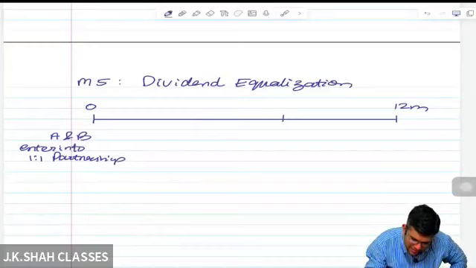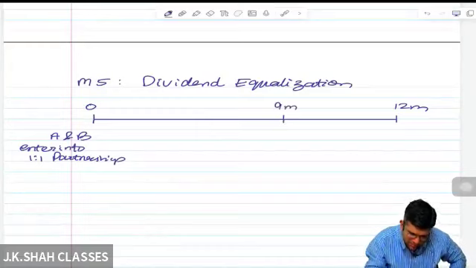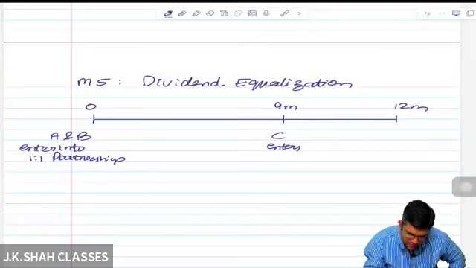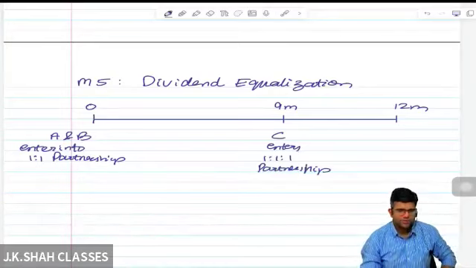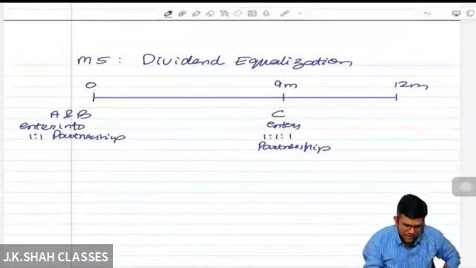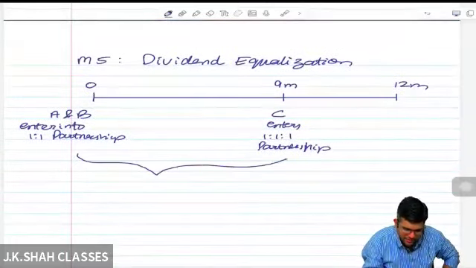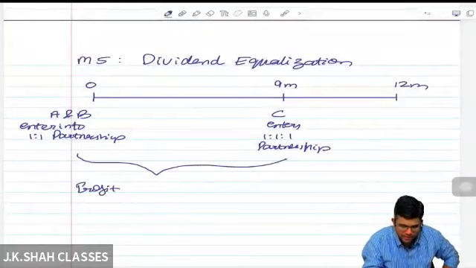In the ninth month, C enters the 1:1 partnership. Story clear till here? C enters into the partnership. Now, in the first period, the profit that the firm earned is, let's say,